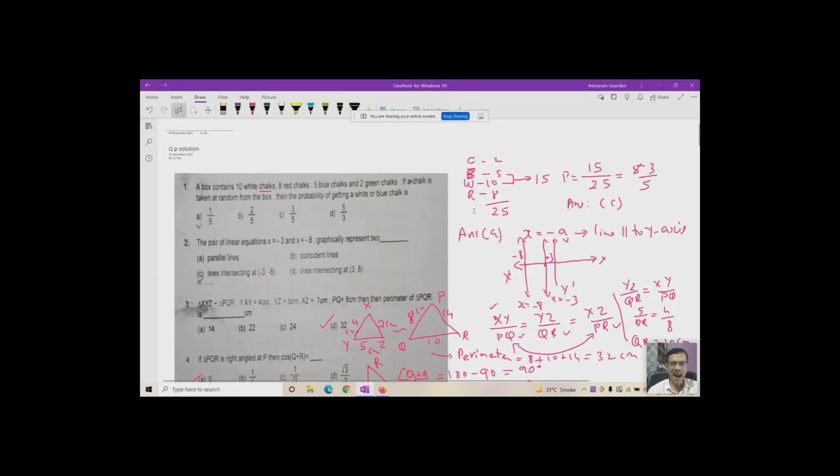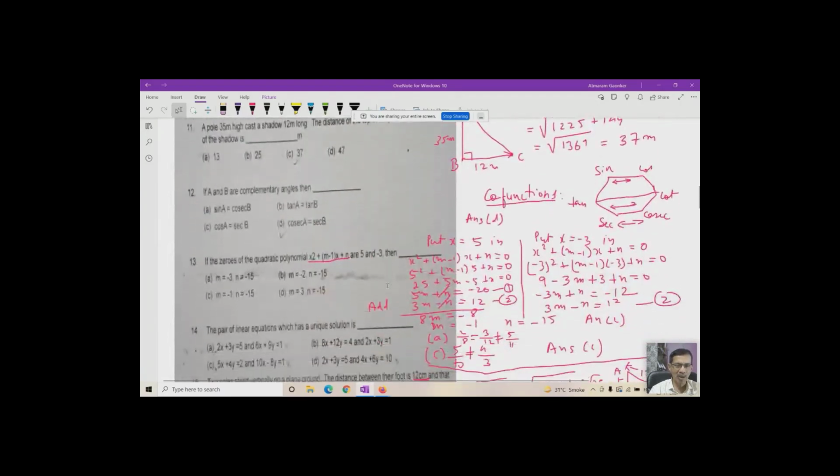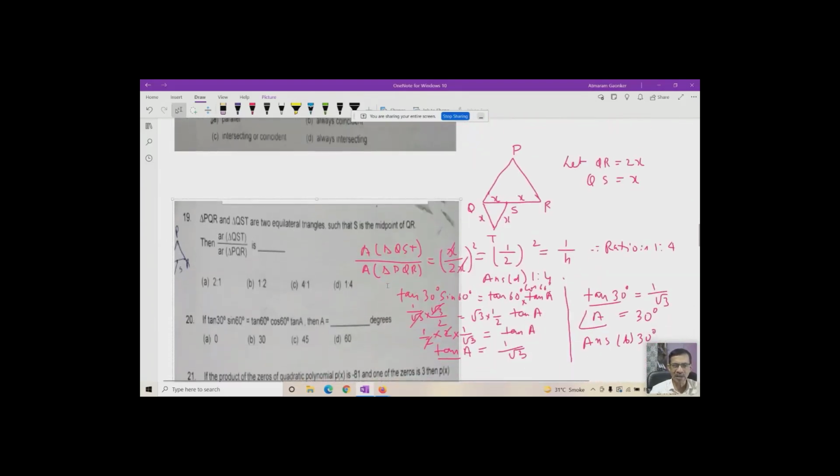Day before yesterday, I had taken the first class for solving the question paper which had come for the preliminary examination. This was the solution I had discussed last time. I had discussed the first 20 problems, and the next 20 problems we shall solve in this class.